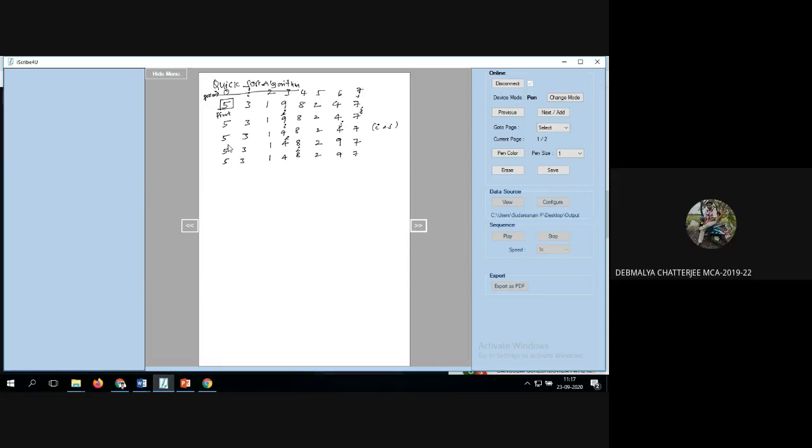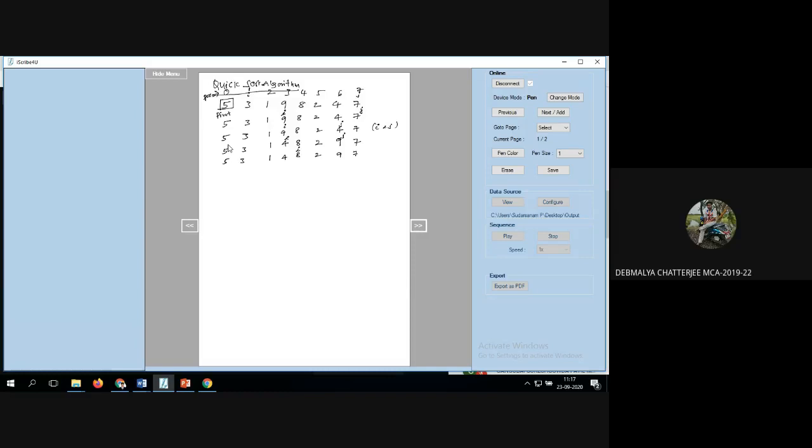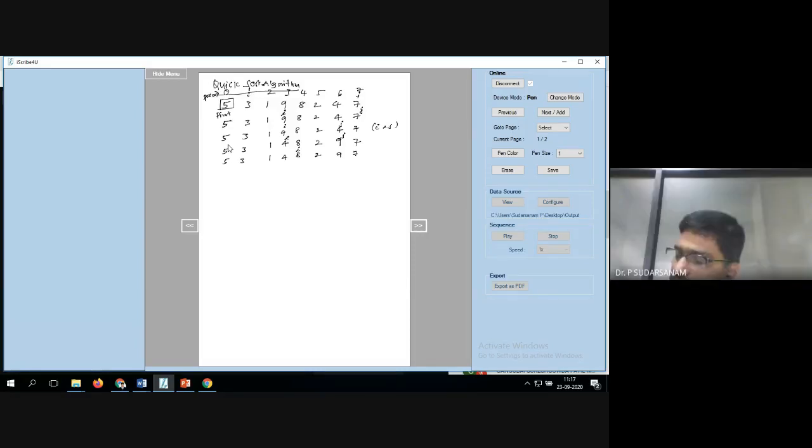Okay. So now the J value is here. Now when you are coming right to left, you have to check greater than. 9 is greater than 5. Yes, sir. This is the pivot element. You can make it bold if you want, otherwise you can make it a box also, no problem. 9 is greater than 5. Decrement the values. Now 2 is greater than 5?